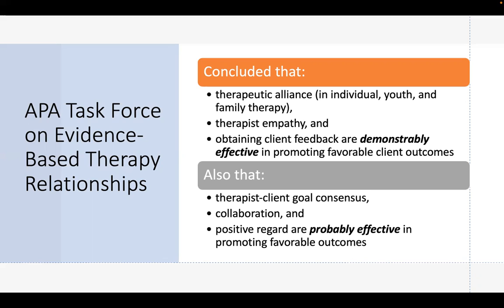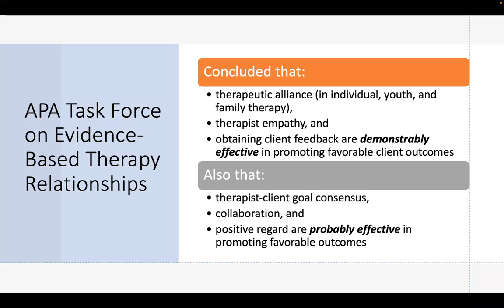Did I do anything today that felt a little off? Is there anything I could have done differently today? Did we talk about the things that you felt were meaningful to talk about today? So really just engaging in a conversation with your client in an informal way, but there also is something called the session rating scale, which is a formal way of getting feedback that assesses the therapeutic alliance.